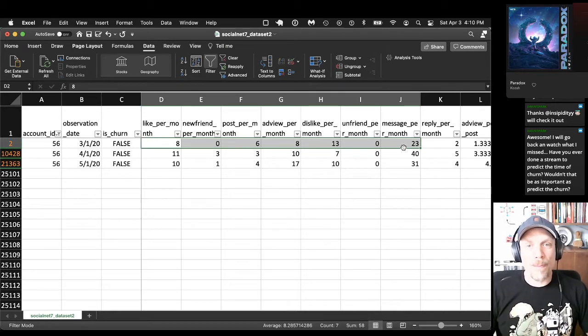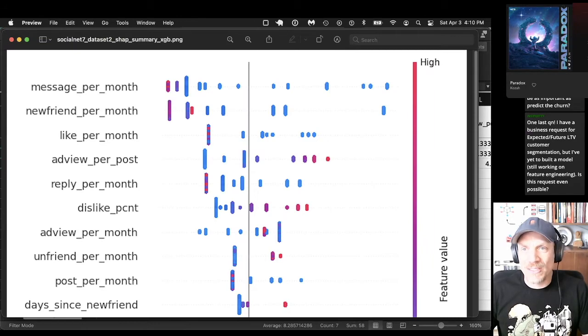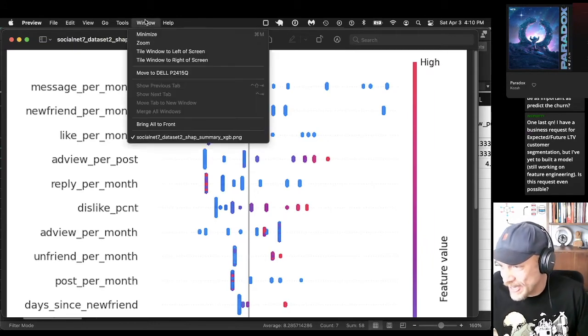Now, I don't propose or suggest that you predict the exact time a customer will churn within the next month, because the churn probability of most customers is pretty low. As you can recall, when we looked at these histograms, let's see, this is not the histogram to look at.